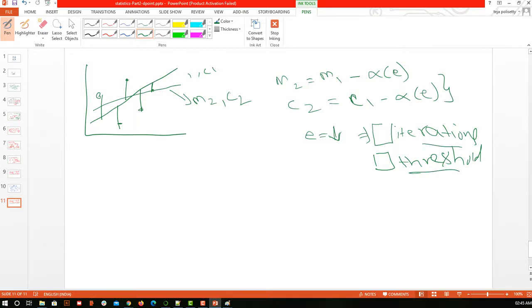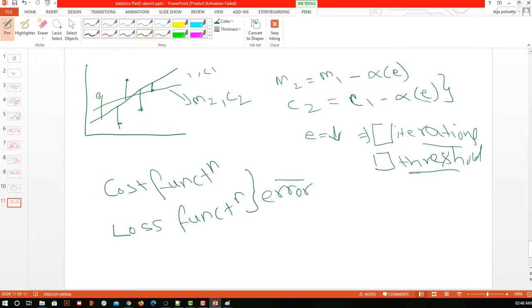Finally, the error that we used here to calculate error is the mean square error. I can say it is a loss function, or I can also say it is a cost function. These terminologies are very important: cost function, loss function. These two come into the picture when we are calculating error. Based on this, a new iteration or a new equation is formed, and it is decided whether to stop the iteration or not. This continuous updating of m and c to get a new line or new equation is what we say is a model learning.